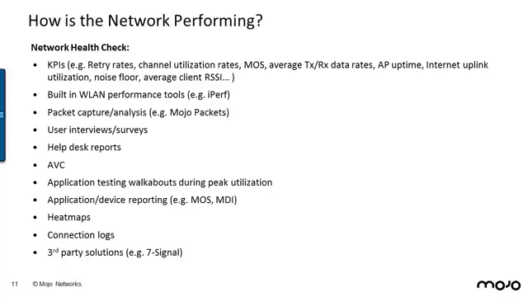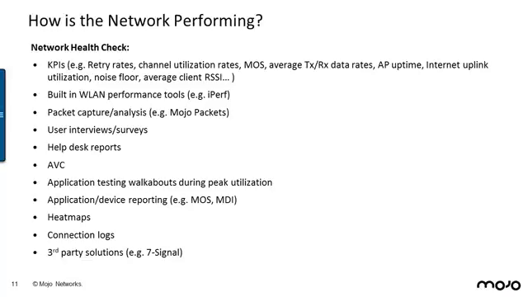Also, user interviews and surveys. I don't know how many people make use of these. Probably we're just used to waiting for people to call the help desk. That's, of course, another place where you can get information about the health of your network, by running periodic help desk reports in terms of the frequency of the problems, the type of the problems, which client types are associated with problems, which would indicate maybe there's a particular problem with a driver on a particular client device type. But the user interviews and surveys can be really helpful as well, because if you proactively go out there and